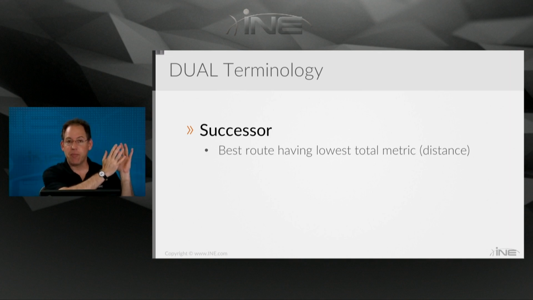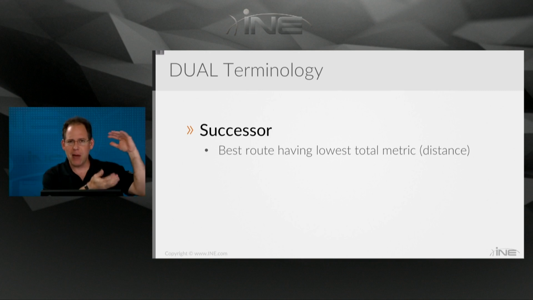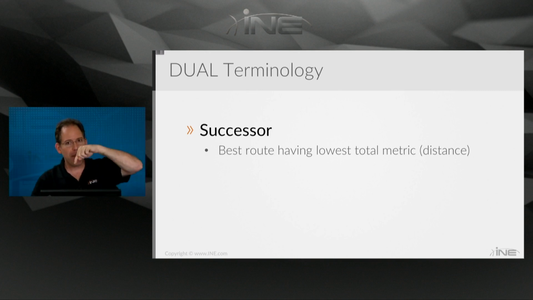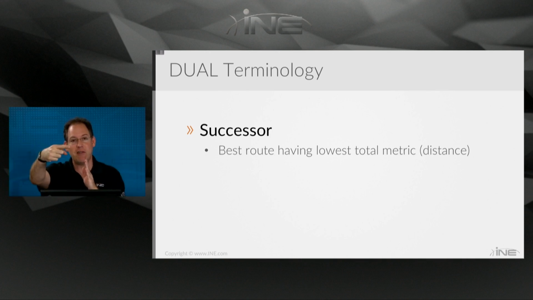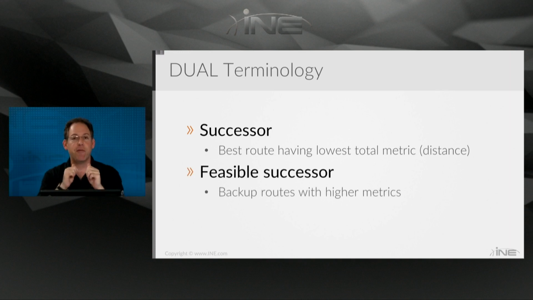you would store it. EIGRP has a totally different table called a topology table, where it stores all the routes it learns from any given neighbor. So the topology table stores everything, and then those routes might make it into the routing table based on factors like administrative distance and things like that. So in that particular case, his route, which was a distance of 500, he will be your successor for that route. My route, which you're storing as sort of like a backup route, well, I would be considered a feasible